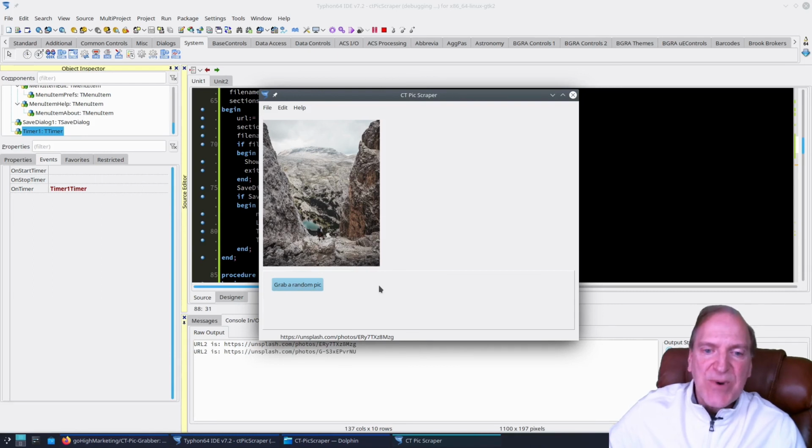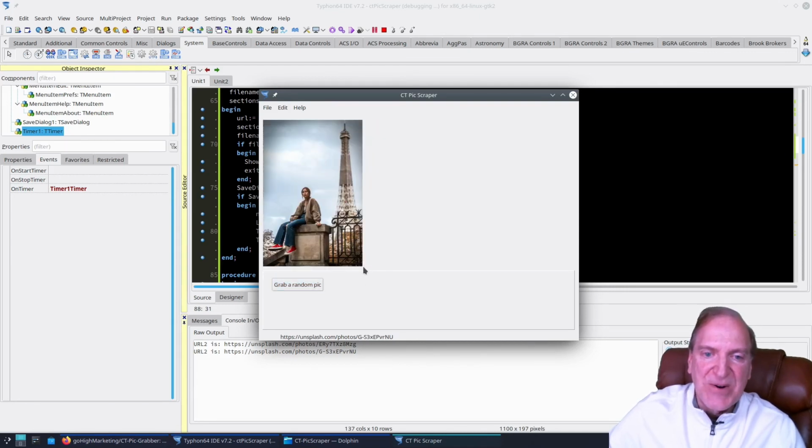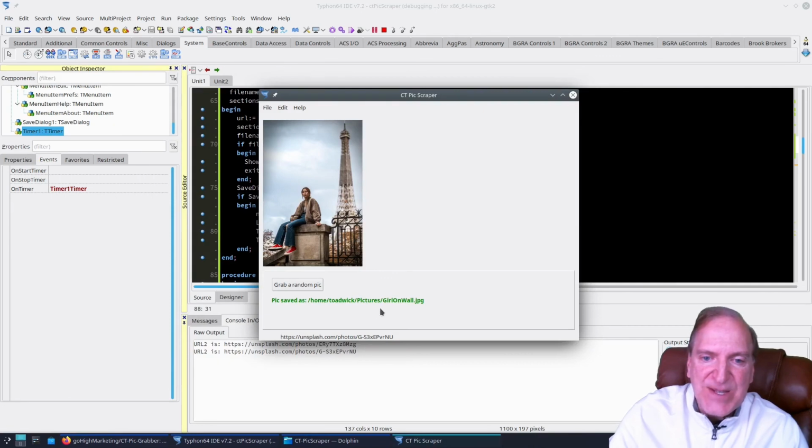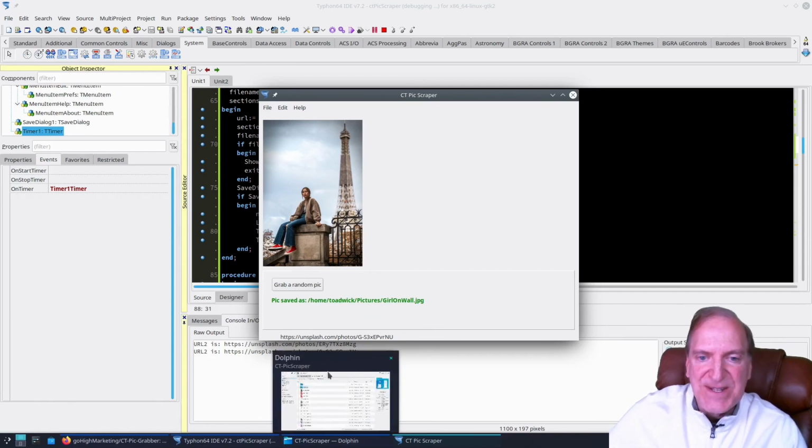Excellent. So let's grab another picture, because there's something else I want to just show you real quick. It's kind of common sense, but just so you know. Okay, we have another picture, girl on a wall there. Let's hit save, and you can change this file name here. It is whatever you want, like girl on wall. And when you hit save, it's also going to be reflected in our success message. So as you can see, girlonwall.jpg. And so I just wanted to show you that